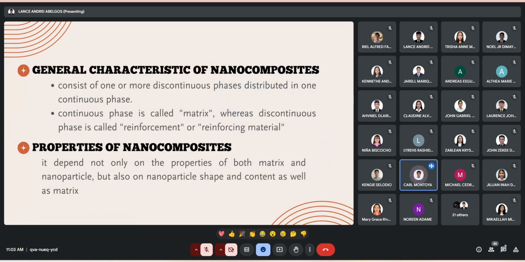Ngayon, ano po ba yung general characteristic ni nanocomposite? It consists of one or more discontinuous phases distributed in one continuous space. Si continuous space po is tinatawag natin siyang matrix, while si discontinuous space naman po is called reinforcement or reinforcing material. And para po mas maintindihan natin ano po ba yung pinagkaiba ni matrix and reinforcing material,